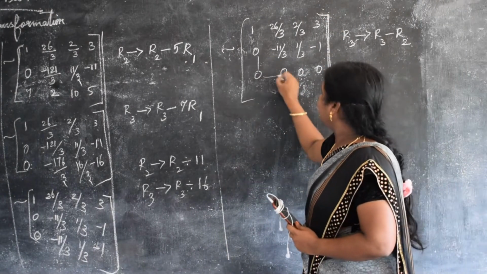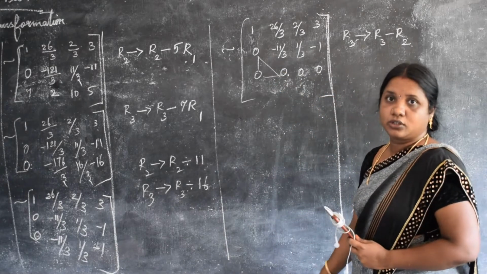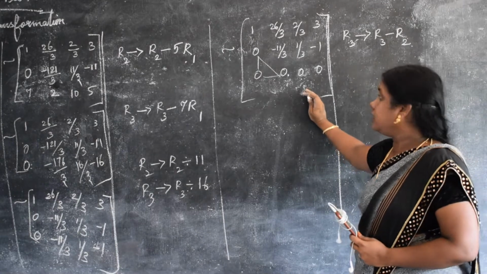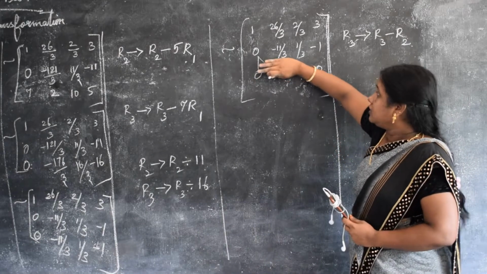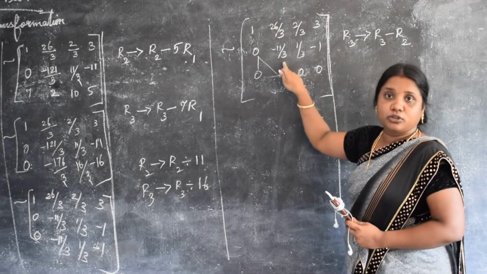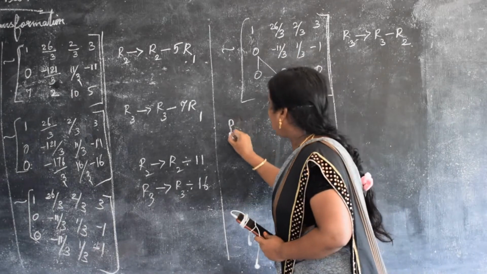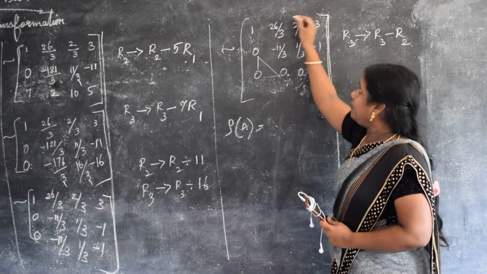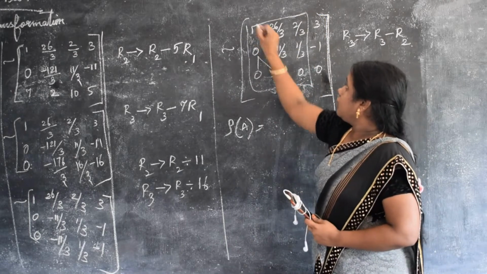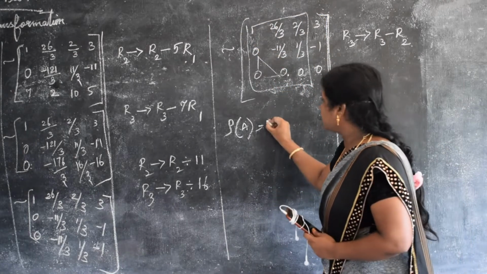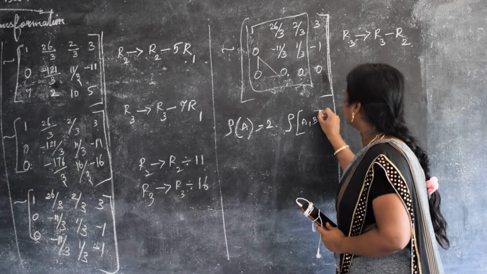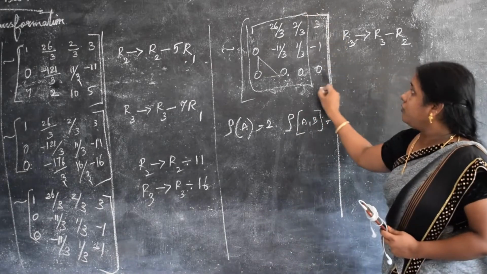Now we got the echelon form of the matrix. So how many non-zero rows are here? Non-zero rows means there should not be all zeros. That means how many rows are here? Only 2 rows. So our rank of A. Now you see only the A matrix. What will you get if you look at this alone? How many rows are here? Only 2 rows. Our rank of AB. Now you see the augmented matrix. What will you get if you look at the whole thing?